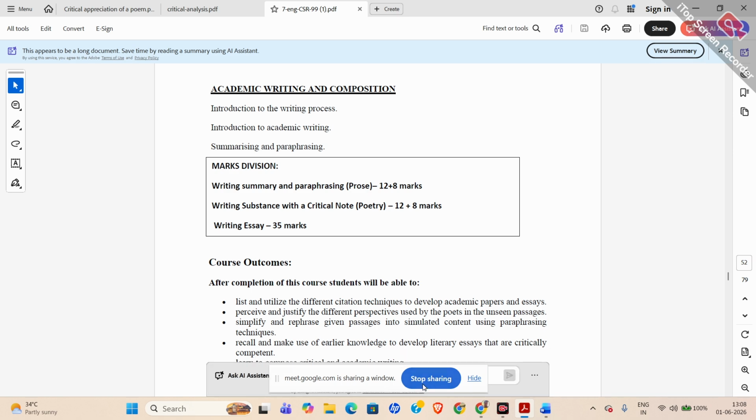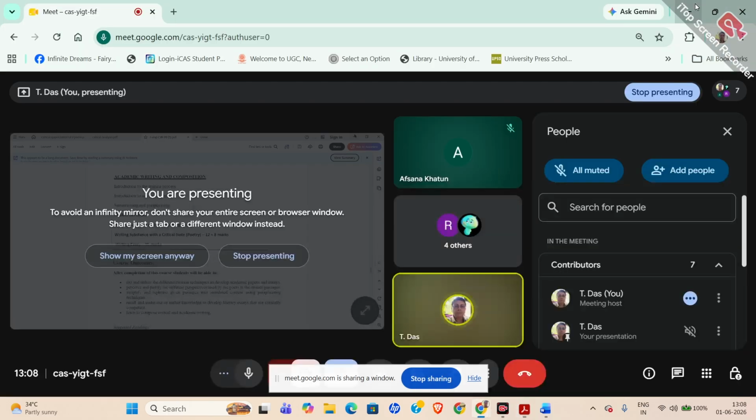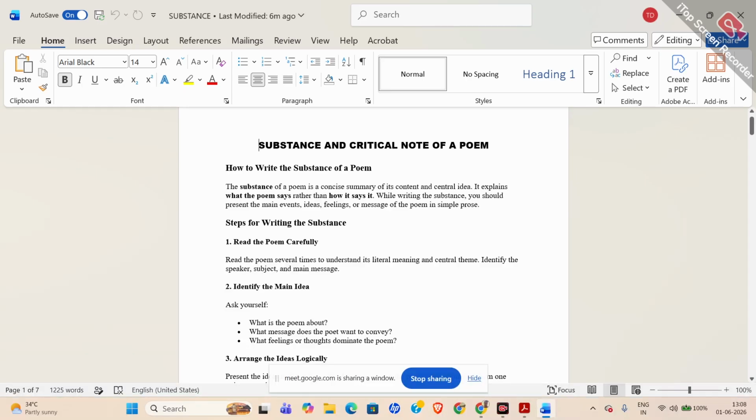So now let me go to this particular topic. Can you see this? সবাই দেখতে পাচ্ছ এই সাবস্টেন্স এন্ড ক্রিটিক্যাল নোট অফ আ পোয়েম? এটা দেখতে পাচ্ছ তো? Yes, sir. আচ্ছা, so this is our topic. এইটা হচ্ছে আমাদের টপিক আজকে। তোমাদের SEC2 পেপারে এটা আমি করাবো।